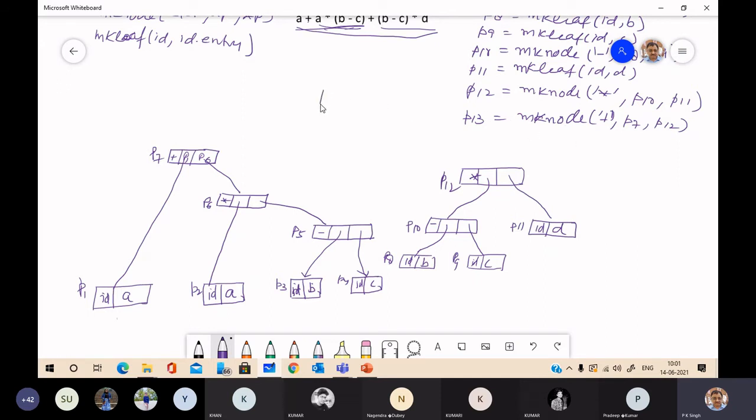It will generate a new node P with pointer P13. It is plus, operation is P13 plus a link to P7 and the link to P2. So this is the syntax tree produced by this syntax directed translation scheme. Okay.